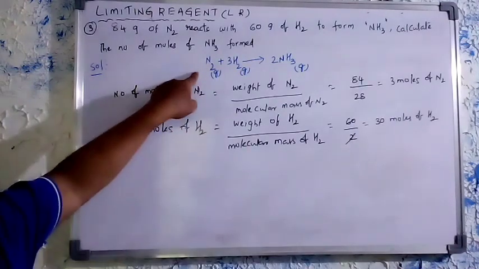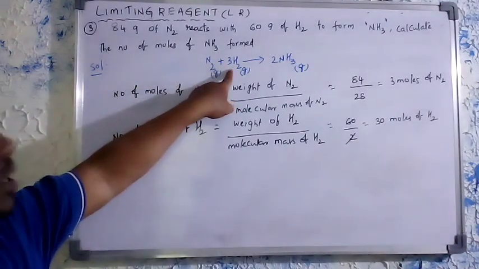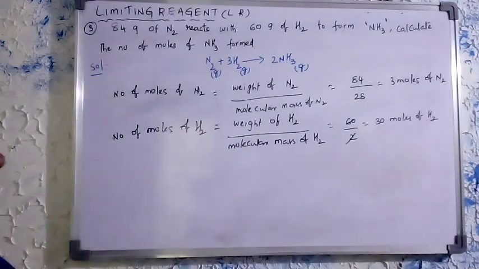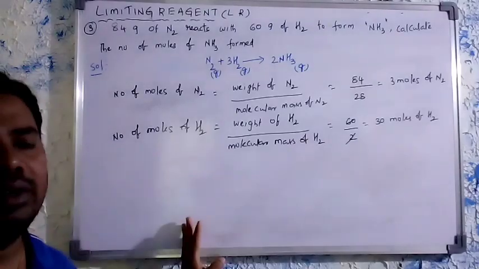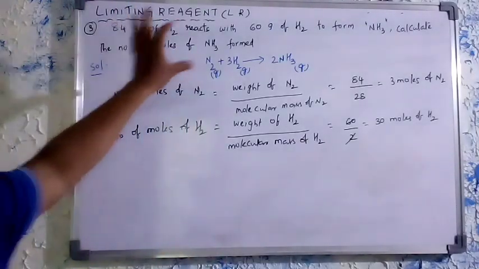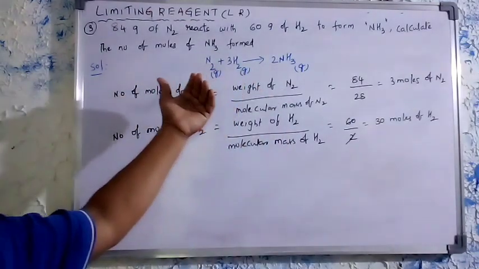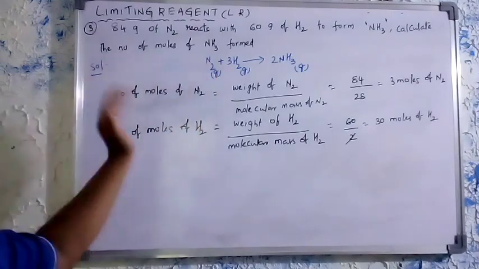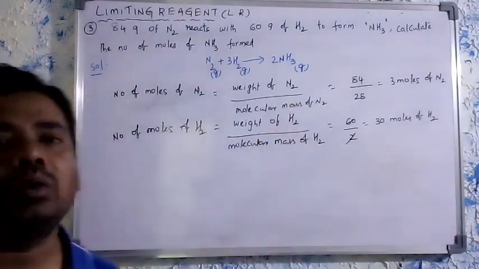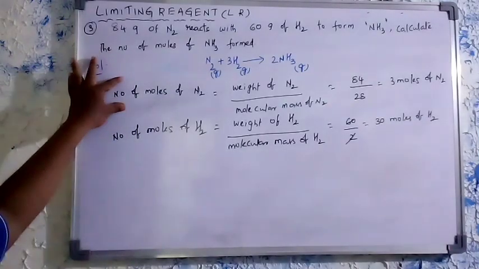So first of all we will write the equation. Nitrogen gas reacts with 3 moles of hydrogen gas to form 2 moles of ammonia as a product. The given data is 84 grams of nitrogen gas and 60 grams of hydrogen gas. So from the given data, first we will calculate the number of moles of nitrogen and hydrogen. We know very well the number of moles